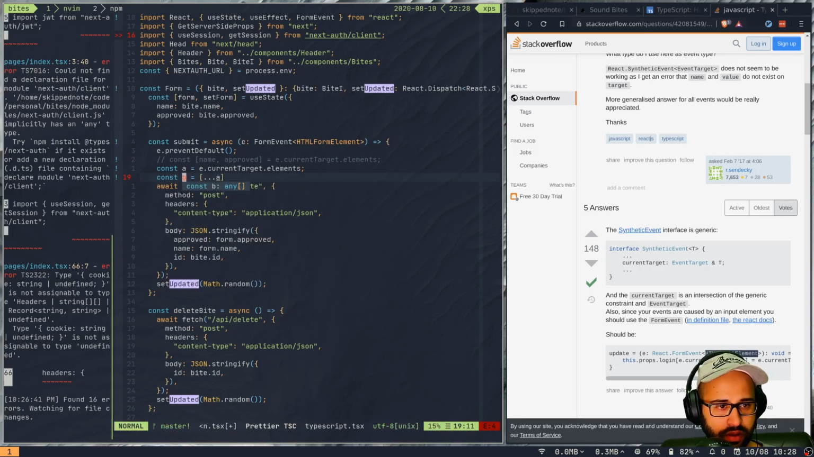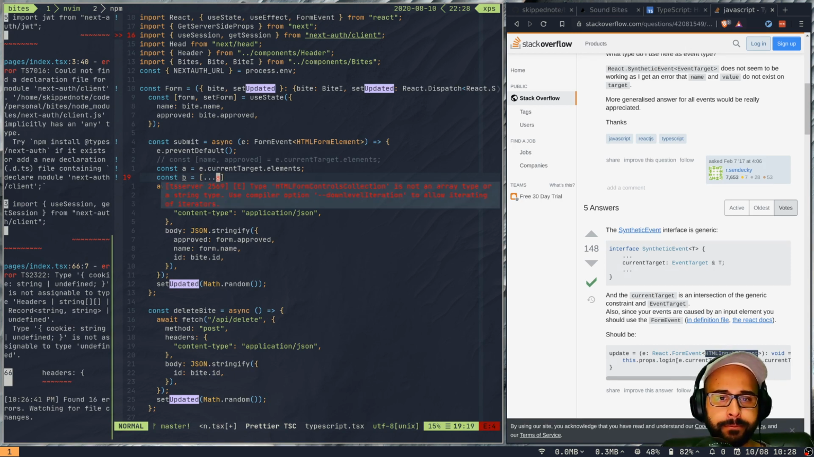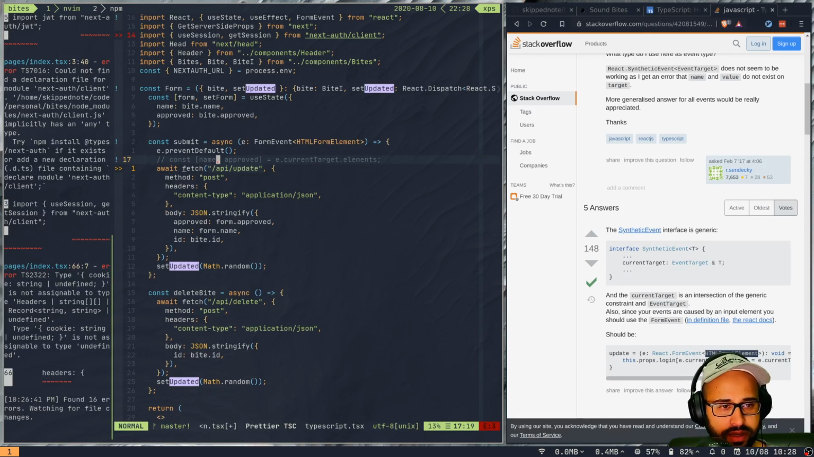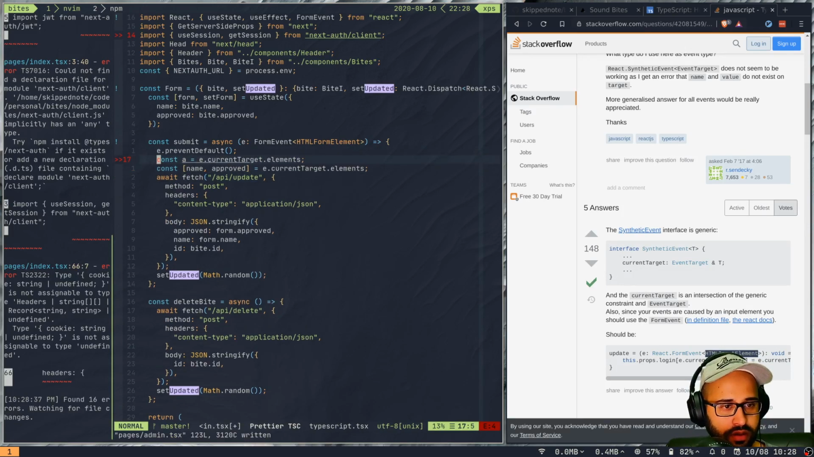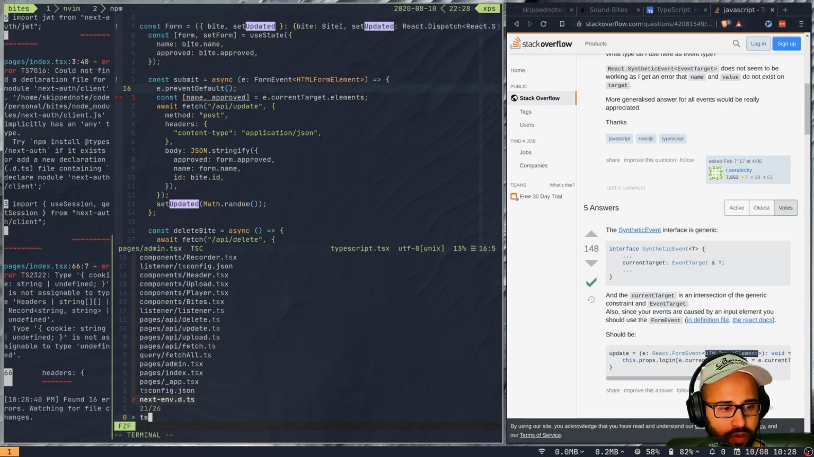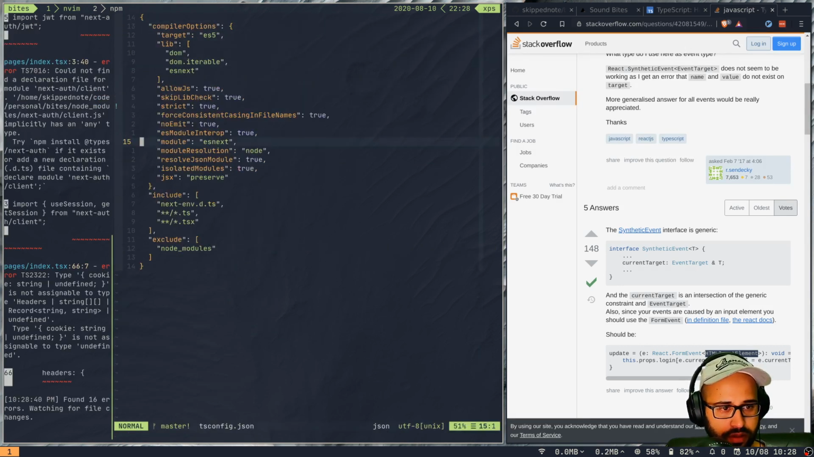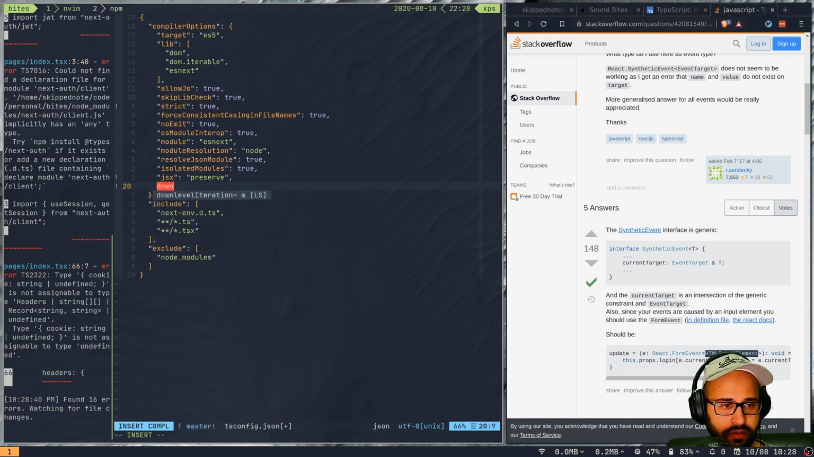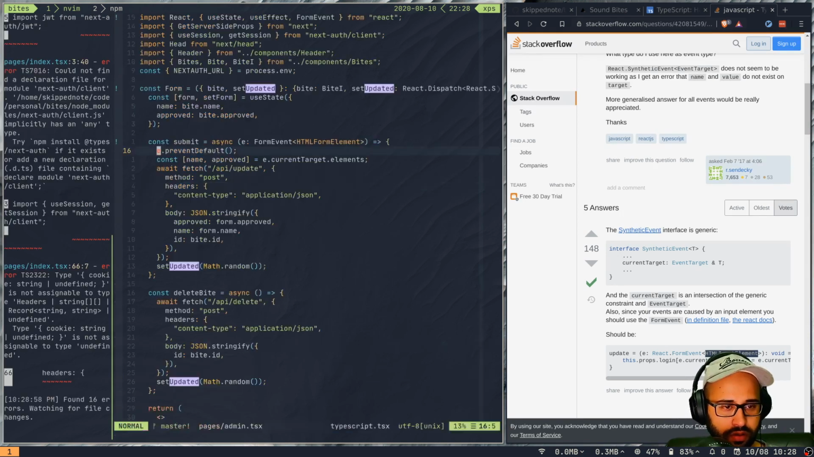Does this give us, okay, why is, okay, yeah, so we do need to enable this downlevel iteration. So let's do that. Let's enable or uncomment this, and then go to our tsconfig. Let's add this option here. Let's say downlevelIteration, and then this would be true. So if we go back here,